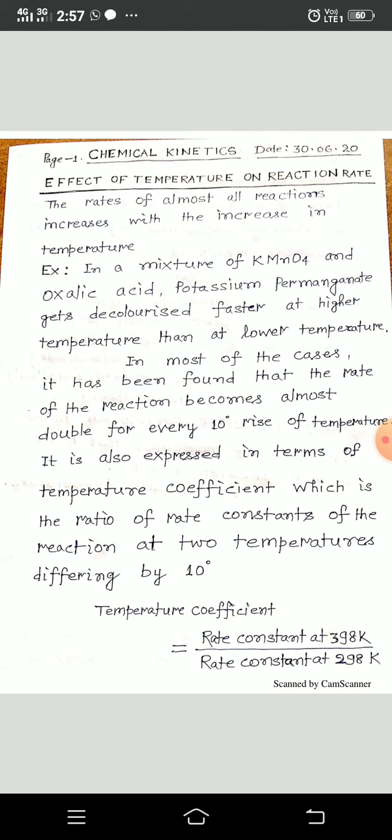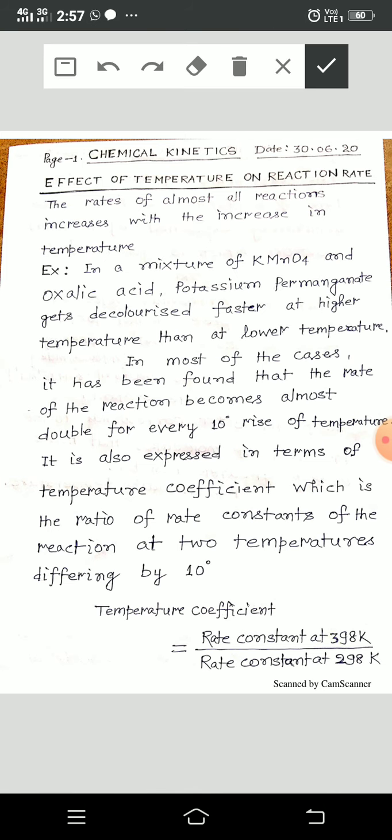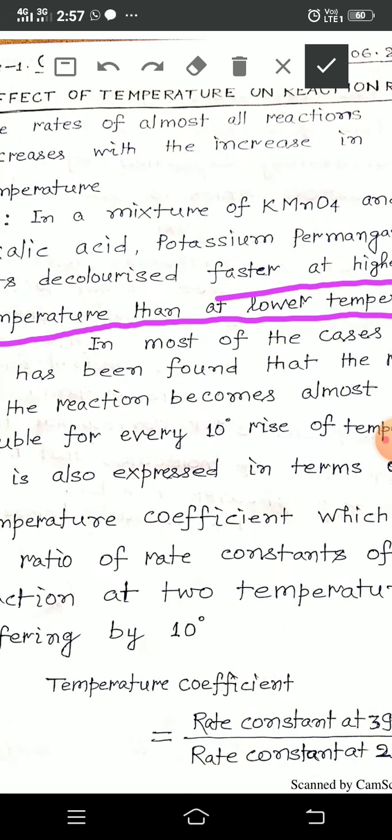Example: please see in the example that in a mixture of KMnO4 and oxalic acid, potassium permanganate gets decolorized faster at higher temperature than at lower temperature. In most of the cases,